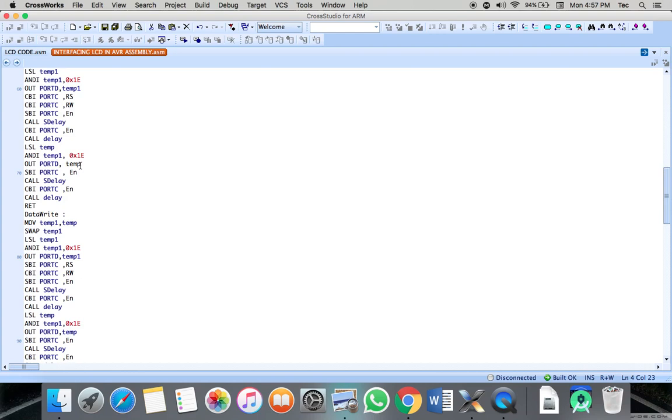So you have loaded the contents of the register temp into port D. Then you say set a bit in port C enable. Okay. So after you do that, you call the delay to wait. Then you clear the bit in port C, and again you enable. You call the delay, and then you call the return function